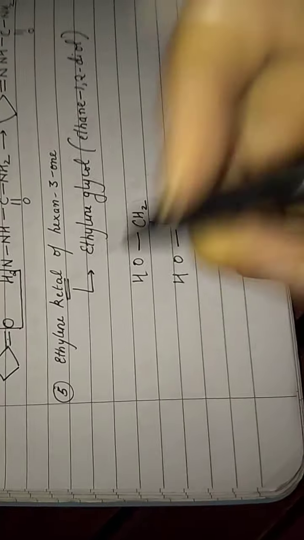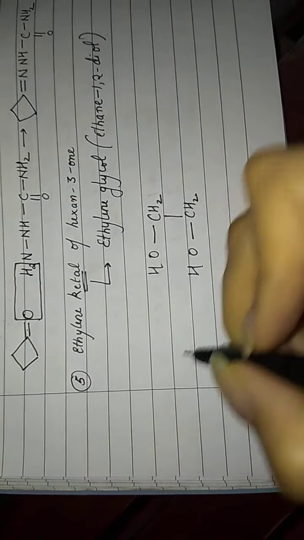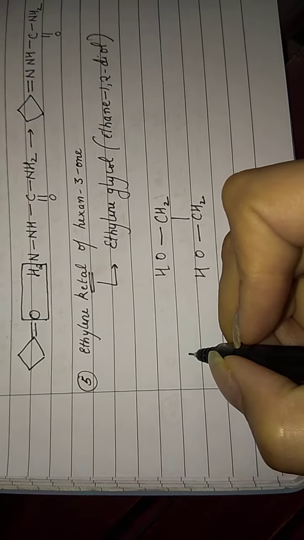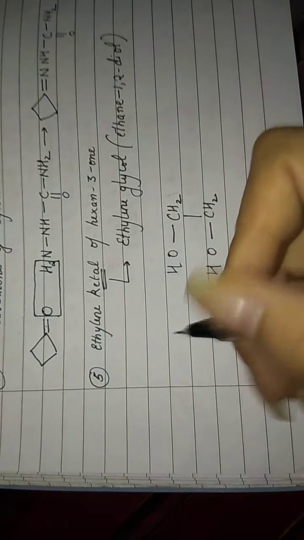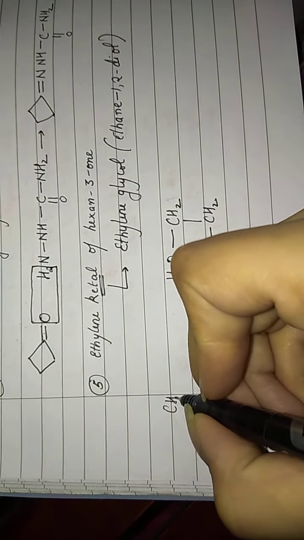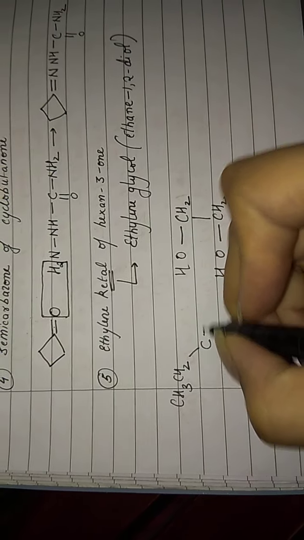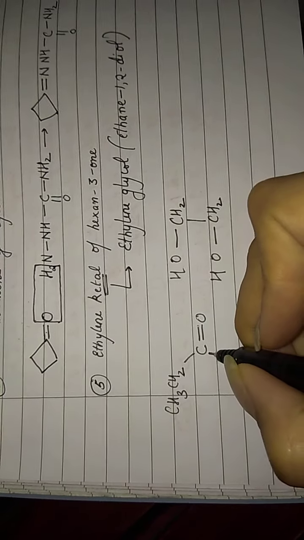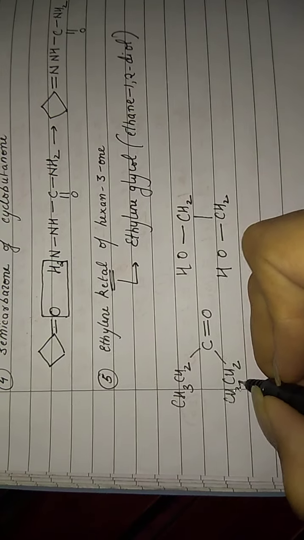Fine. Okay. Of which aldehyde or ketone? Hexane 3-one. So over here I will draw the structure of hexane 3-one. Again, I have to keep my C double bond O on the right hand side. So how do I draw the structure of hexane 3-one? First carbon, second carbon, and on the third carbon I have the ketonic group. Fine. And drawing the rest of the carbons, my fourth, fifth and sixth carbon, like this.